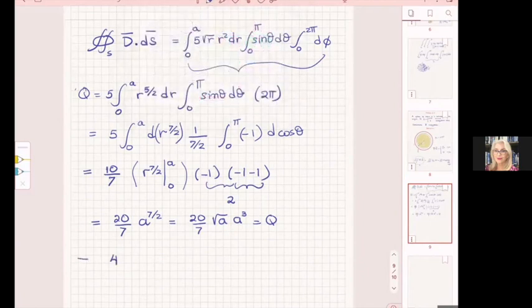So if we call this one from 1, we have 4 pi r squared D_r, which is going to be 20 over 7 square root of a cubed,